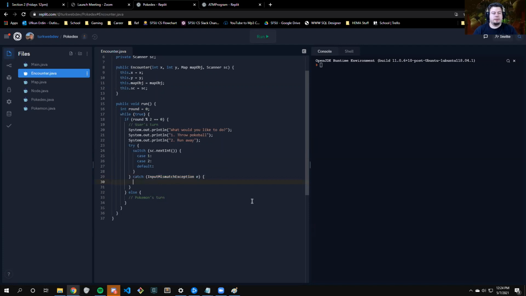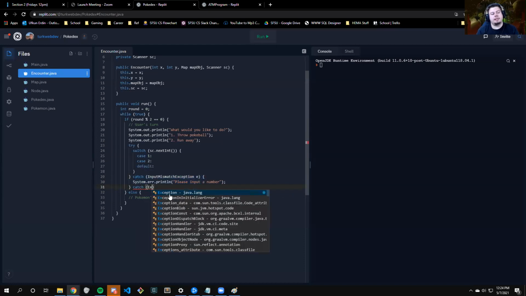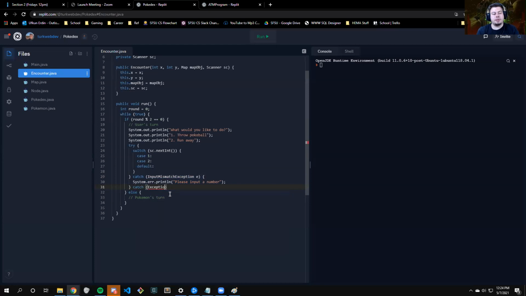And then you can usually just have it be something like, and here we'll have a customized message: System.err.println. The reason for System.err is that when we trigger this, it apparently prints in red. So System.err.println will say, "Please input a number." And remember, these work like if statements, so it'll check this one first. And so let's say there's just a general exception,